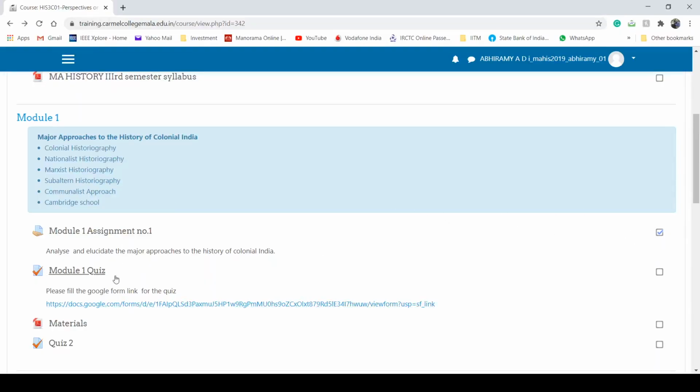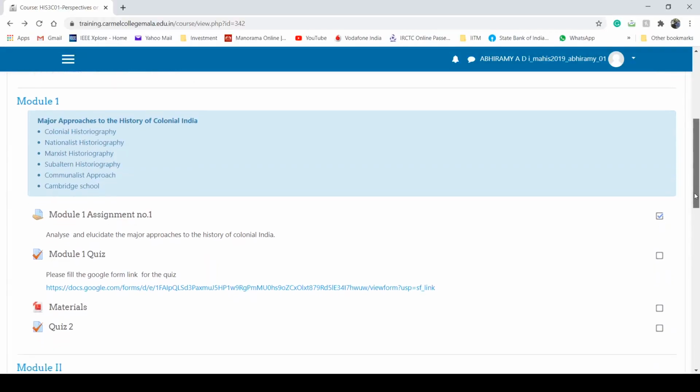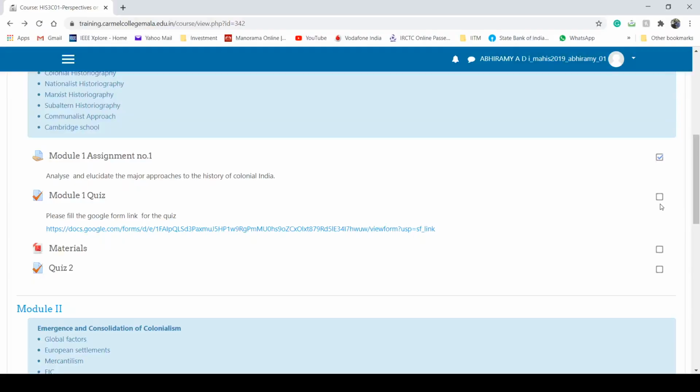Okay, then next is a quiz that we did yesterday, and it is a Google form quiz. So this is the link for that quiz, and it is also closed. If you don't attempt that quiz, then there is no tick mark here. So we can confirm whether we attempted it or not with this box.